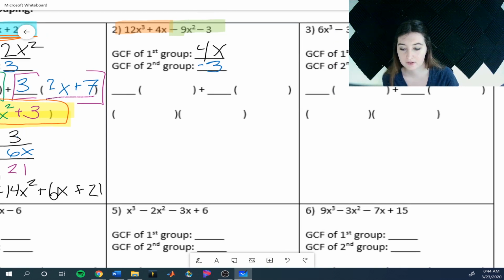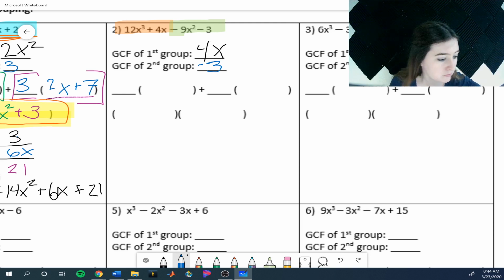All right. So my GCF of the first group is going to come out in front of the parentheses. So I'm going to write,